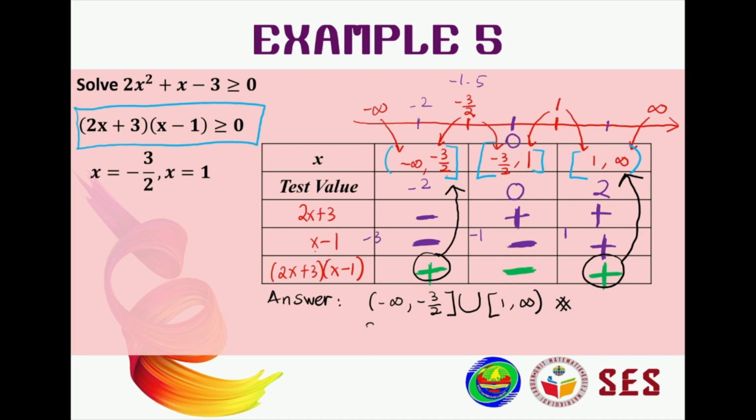What if the question wants the answer in set form? Write down the usual bracket, x, colon, like that. So negative infinity to negative 3 over 2, it is just x less than or equal to negative 3 over 2. From 1 until infinity, it is just x greater than or equal to 1. Why do I have an equal sign on my inequalities? Because negative 3 over 2 and 1 are closed brackets. So union, the keyword, is it or and? Yes, the keyword for union is or.